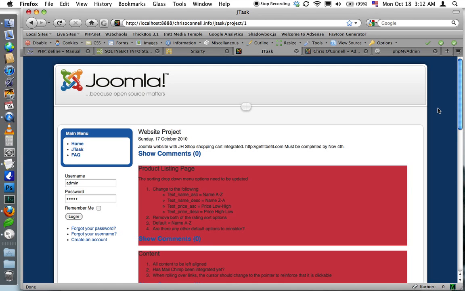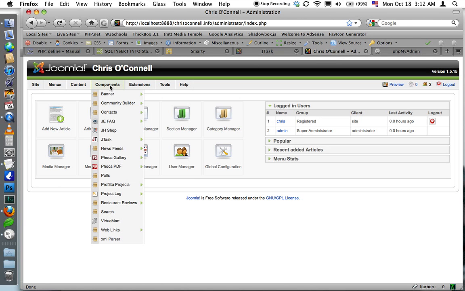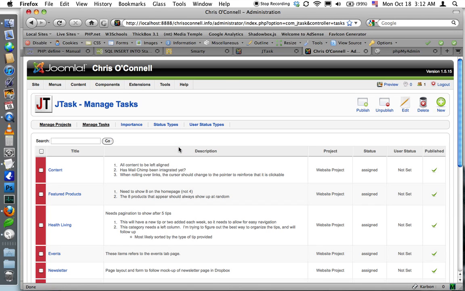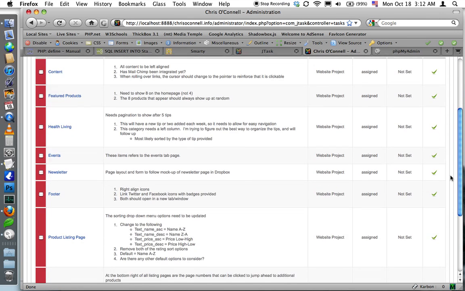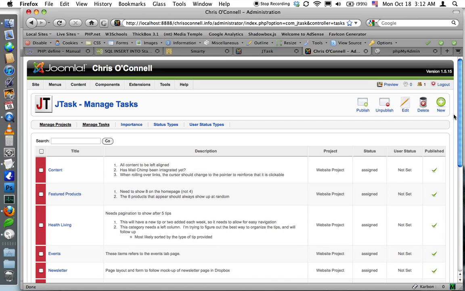You'll need to log into the back end of Joomla, which I've already done, and then in the components go to my JTask component, and we're going to go to manage tasks because we want to add one more. Now here you can see a list of all the tasks we've already created and all color coordinated. Let's go ahead and click new to add one more,